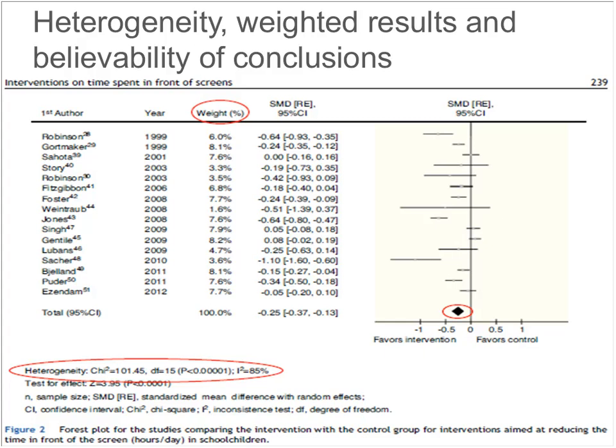Our second question is, is it a big enough impact that it's reasonable to use the kinds of resources that would be required to implement this kind of intervention? That's a separate question. And that question is answered by looking at how far away the left and right-hand points of the diamond are from the line of no effect. So the farther away from the line of no effect our diamond is, the bigger the effect that we've had.